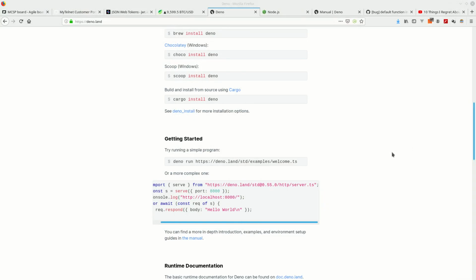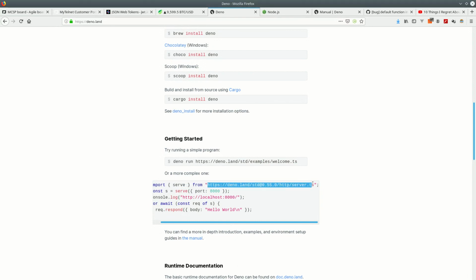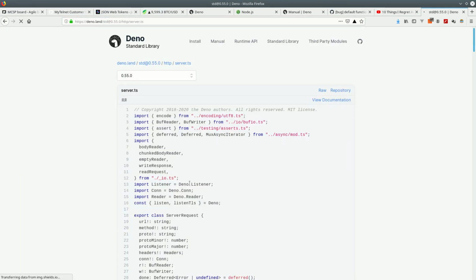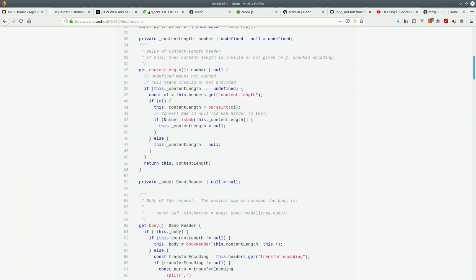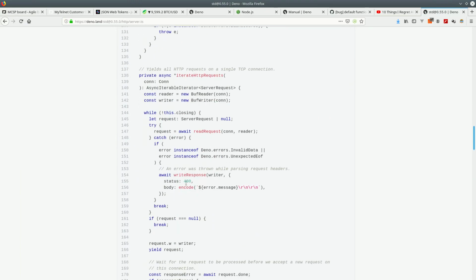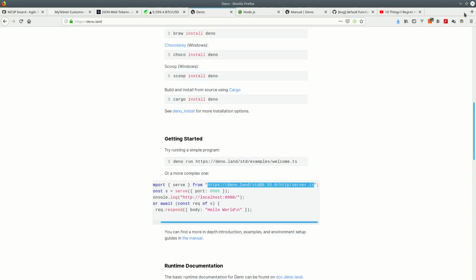So his idea was, why don't you import a module as a file? So you're importing exactly a file. You know exactly what you're importing, and you know from which file. And if you go to that file, you actually see the code that you're importing to your function or to your application. When I first had a look at this, I was like, I don't know, it looks a bit